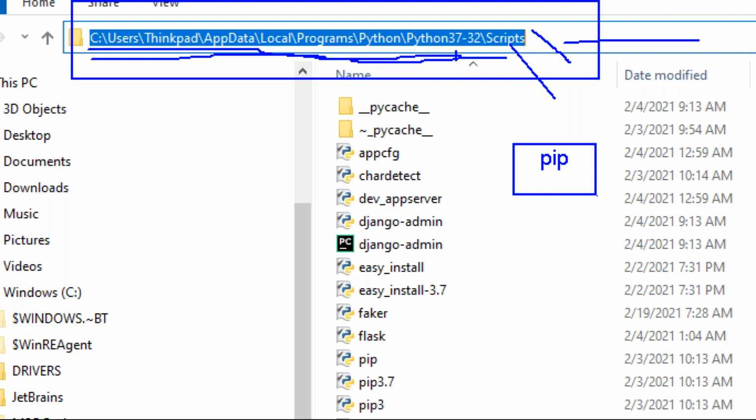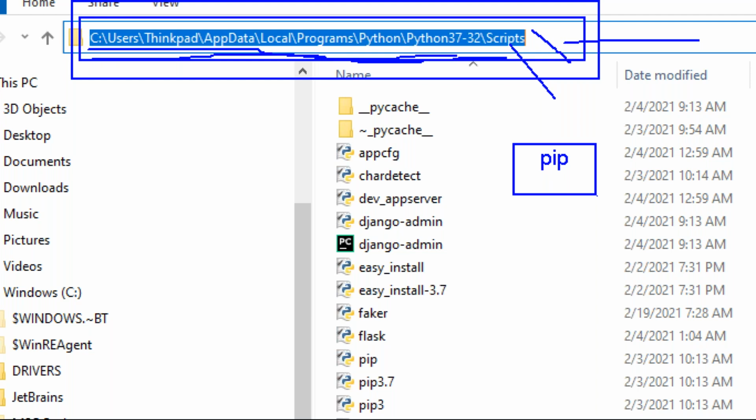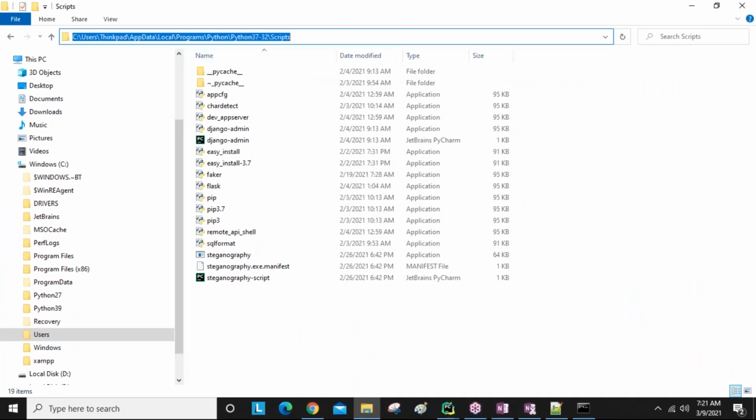That's why, after opening the command prompt, I want to type the pip command immediately. If you want to do that, then you need to add this location in the environment variable section. Clear this one? So remember these two things, as a Python developer, our primary responsibility.